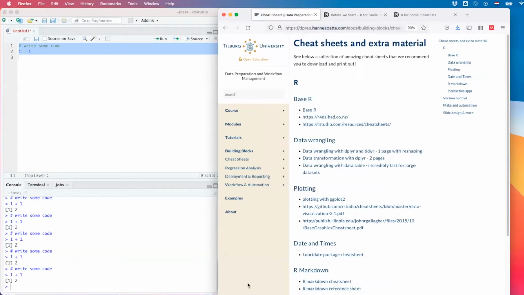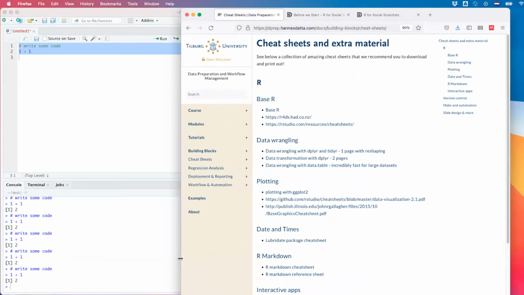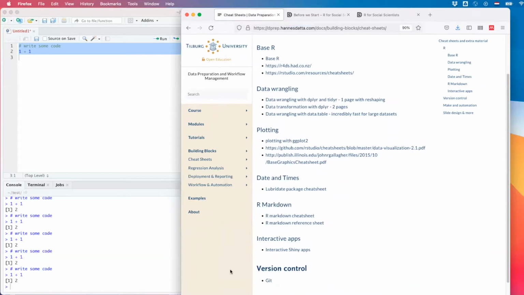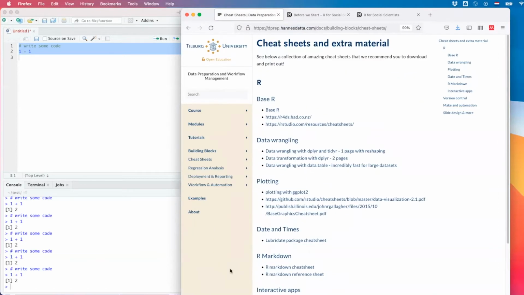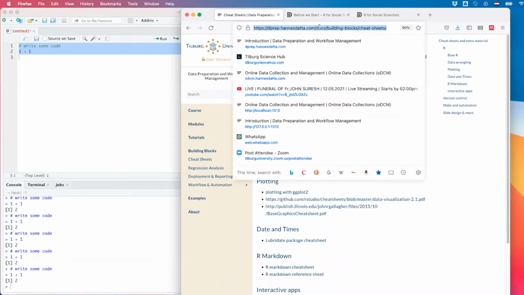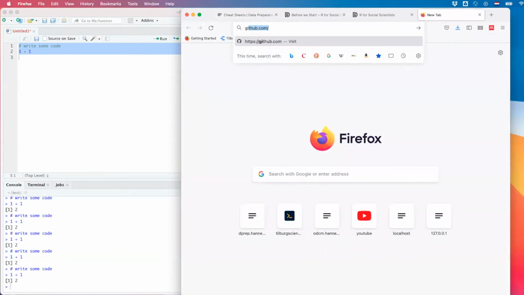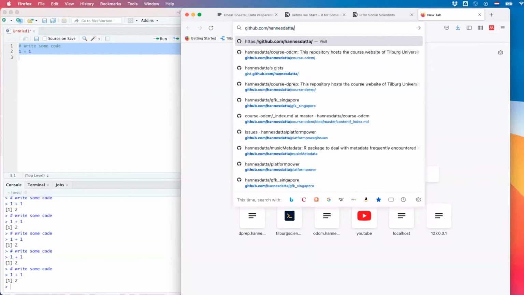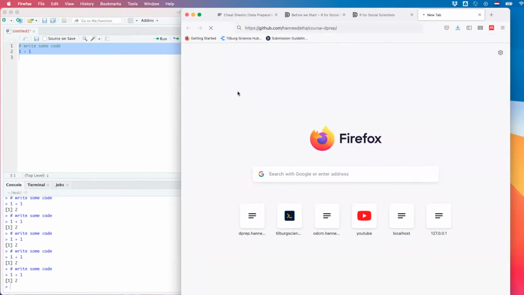By the way, you'll learn how to edit this page. So if you find a better cheat sheet, Vasilis, please just add it to the site. So actually, that's a preview for next week, right? But you can just go to GitHub and enter your own cheat sheet. I'll post the link in the chat for this particular page.